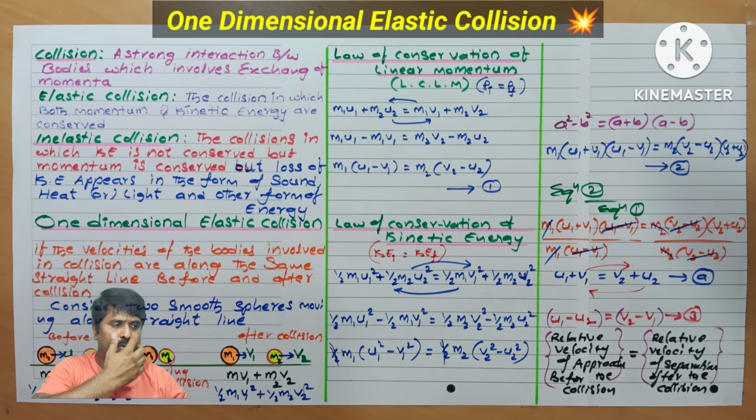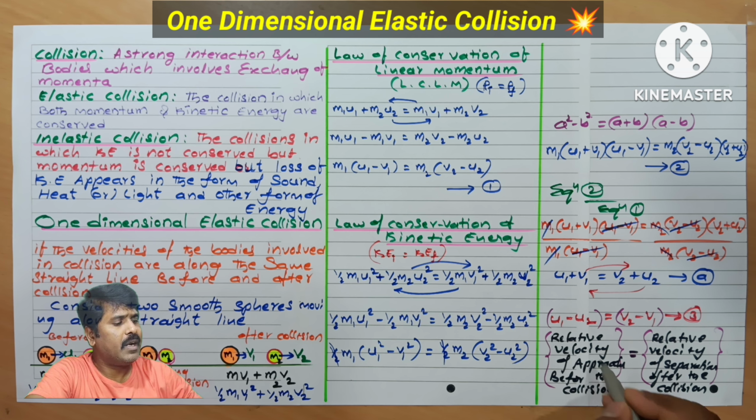Okay, so u1 minus u2 is relative velocity of approaching before the collision, and v2 minus v1 represents